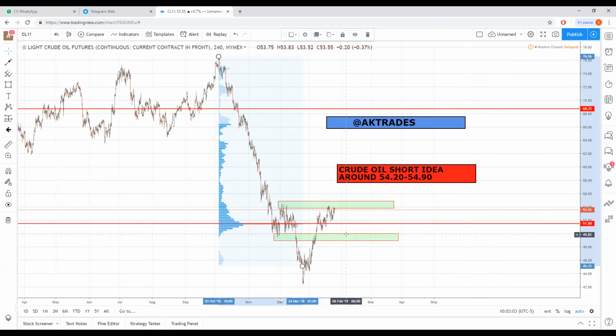So I think it's a good short trade idea because there is a structure, there is some volume that sellers are going to try to defend. So I think it's a good risk reward trade. And